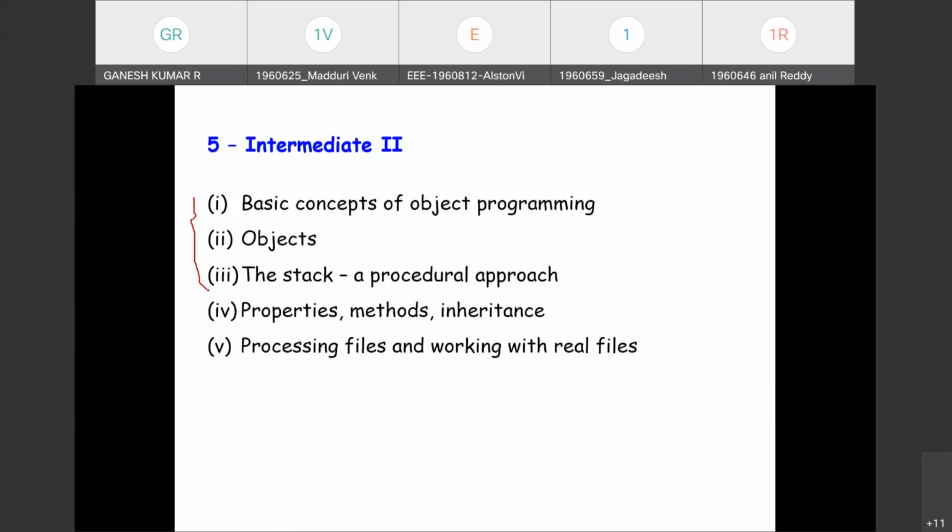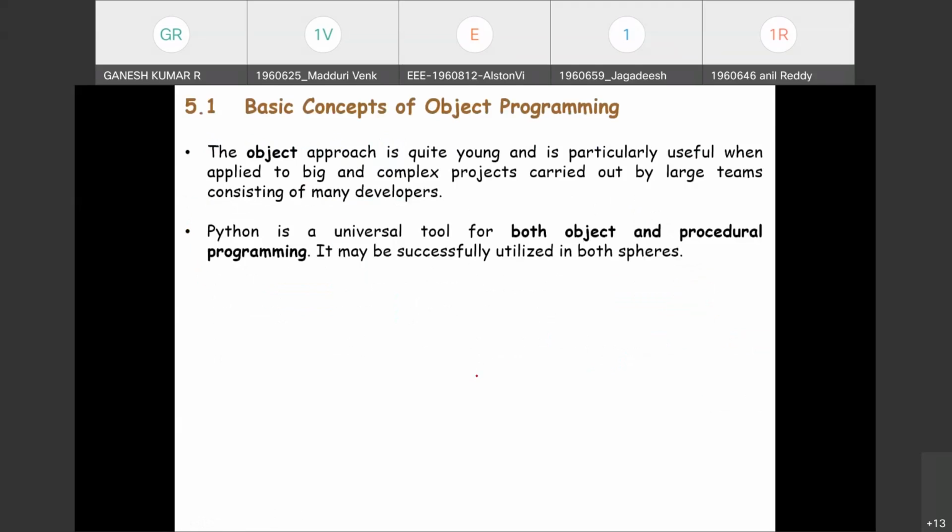So, I'll explain the concepts of object-oriented programming, the definition of an object, examples, with a case study, a stack, a procedural approach. Fine. Okay. A brief introduction to the basic concepts of object programming.